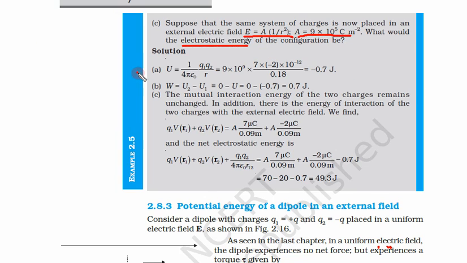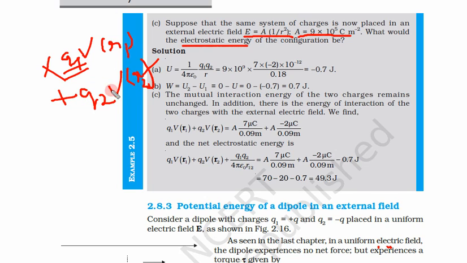So for the first case, simply this qV term is equal to 0. For both of them, Q1 V(R1), this is 0, plus Q2 V(R2). These two terms are 0 because there is no external field. Potential is also constant, so we can consider it as 0. This is constant, but this is again our choice, we consider it to be 0, because if we are moving in a constant potential, then we have to do no work.